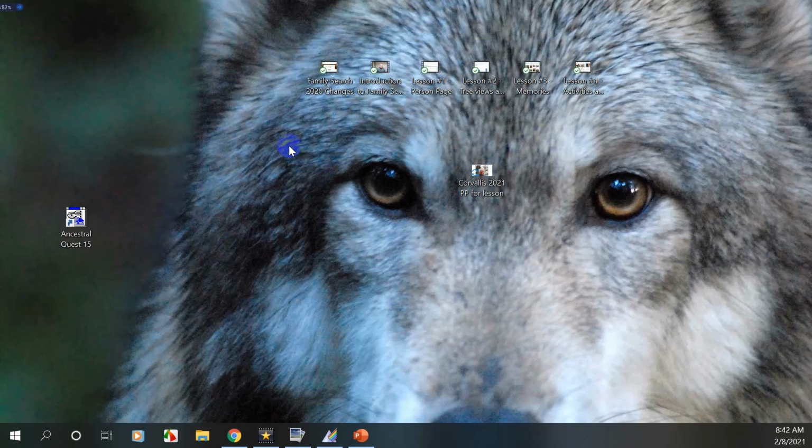Well, what you need to do is use third-party software. Now, there's 2 programs that are free. One is called Ancestral Quest, and this is version 15, and another is Roots Magic. You can go online, get those programs, and it will download and create an app for you right here. Then what you can do, look at as I do this, if I click on this app and open up this program,